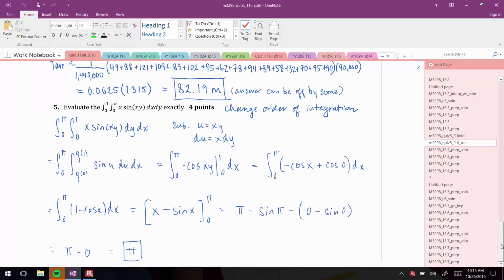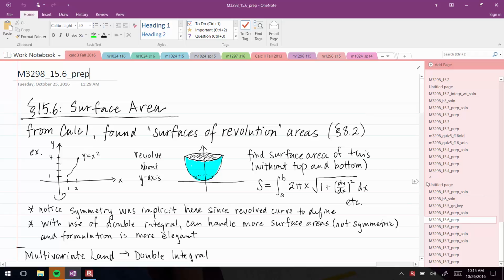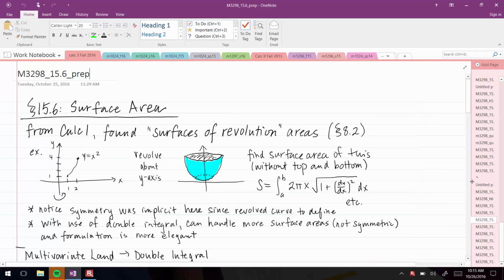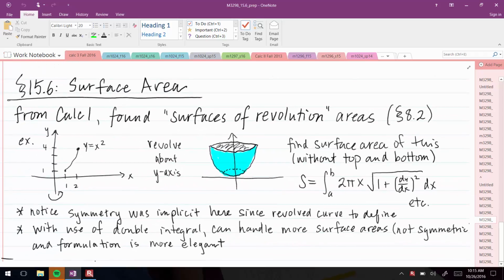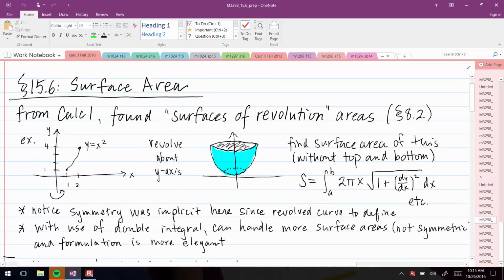All right, so we are going to finish for sure 15.6 today. And 15.6 is a short section. It's about surface area. You've actually had some experience with surface area in Calc 1, towards the end of Calc 1. And so just a reminder, there's not going to be a lot that's the same about it, but